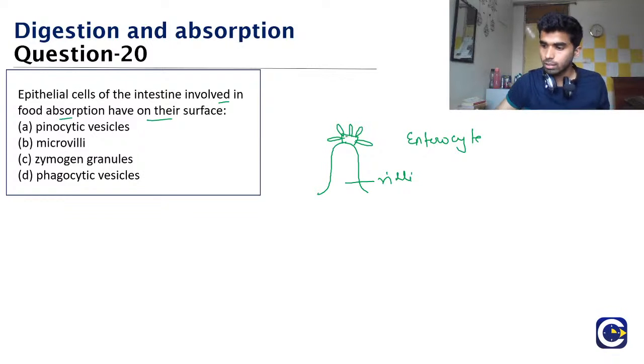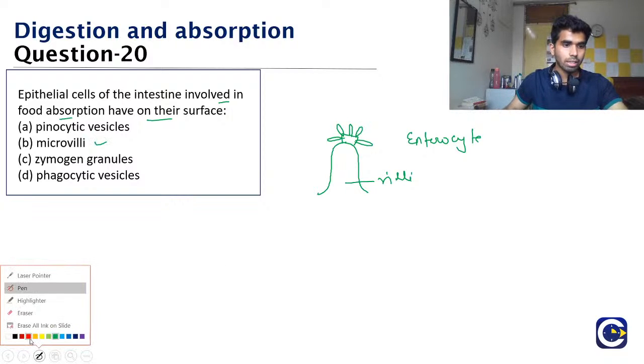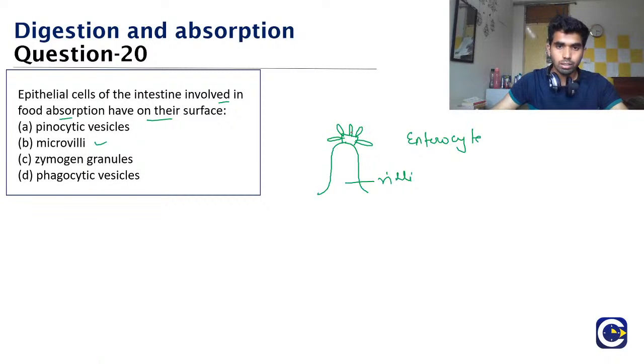So what is this structure? Is it pilocytic vesicle? Is it microvilli? Is it zymogen granules or the phagocytic vesicle? Yes, Trisha, yes, Hisham, yes, Priya, Akshaya, very well said. It is microvilli. Okay, so this small structure that is present over the villi, they are known as microvilli, and